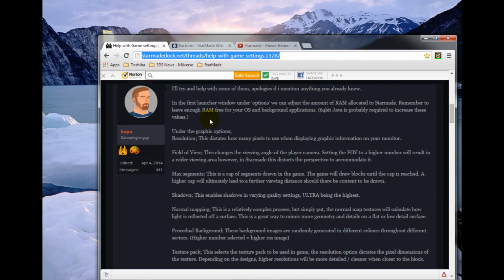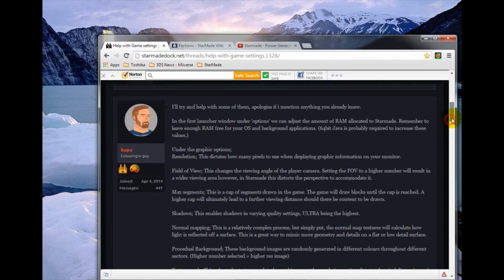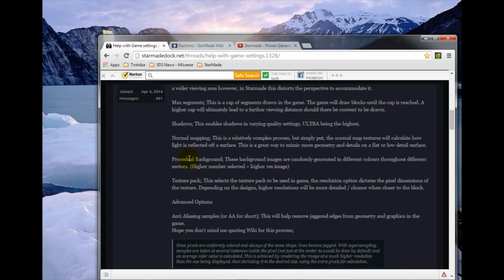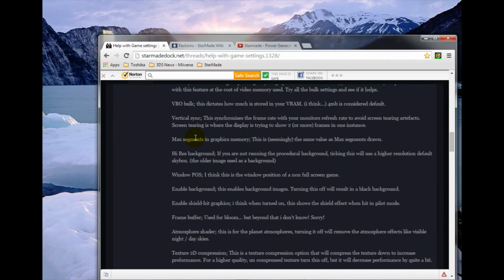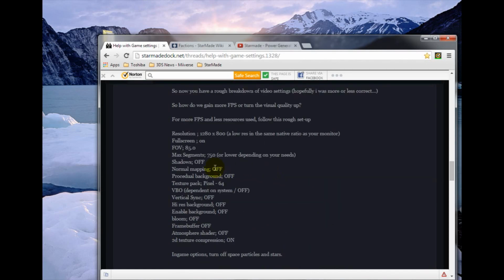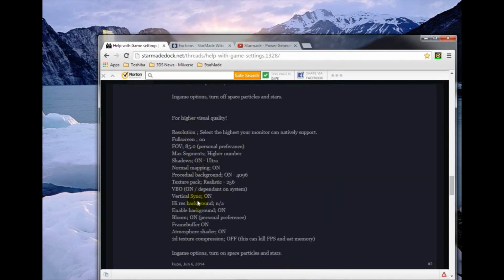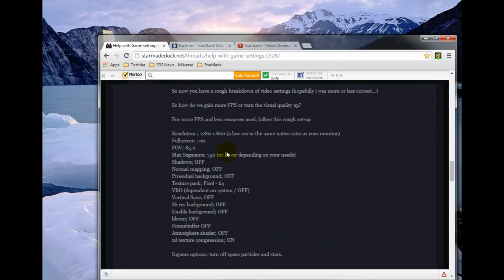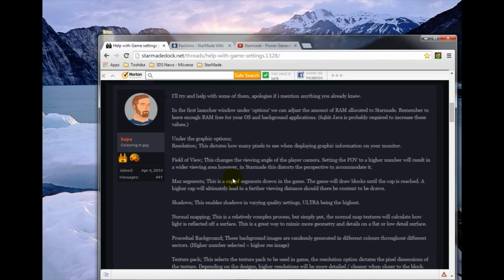This guy here, Kupu, I guess, don't know who he is, but he's an awesome guy apparently, because he explained literally all of the issues here, and he even showed what MIP mapping looks like. He talks about what higher visual quality and lower visual quality are, and people ask a bunch of questions after that. So you can see field of view, resolution, max segment, shadows, normal mapping, procedural background, texture pack, advanced option, anti-aliasing,